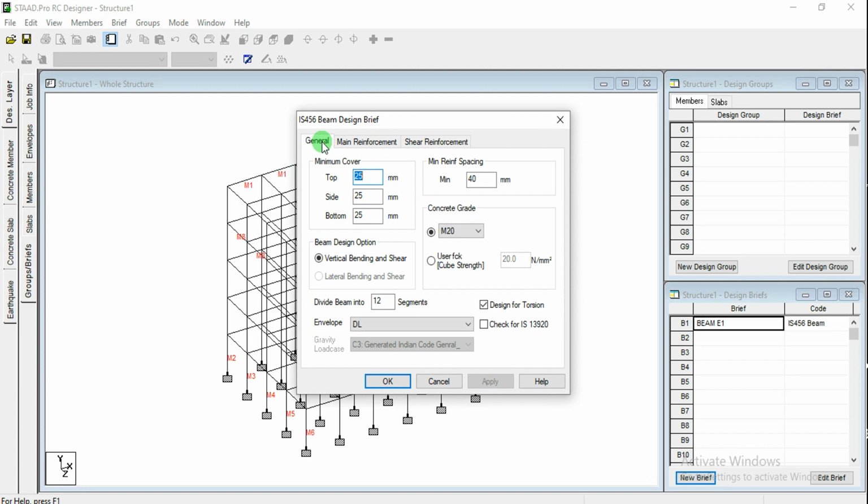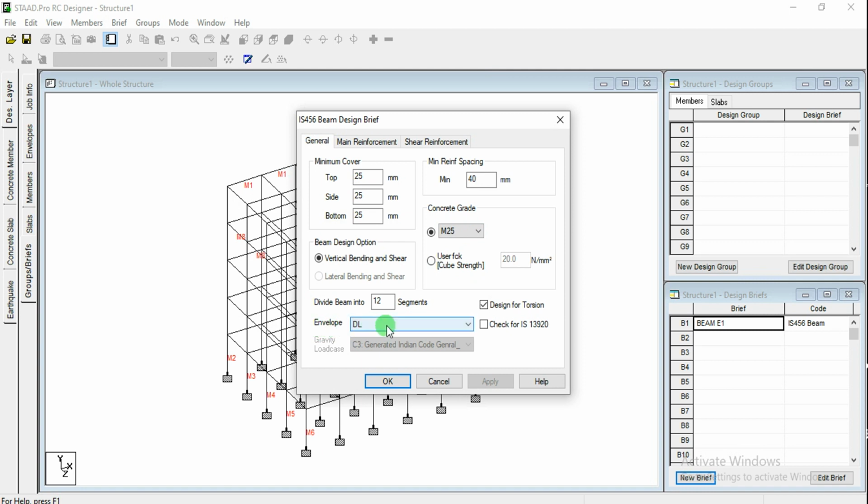We were directly applying the parameters required there, and we are going to get the design results. Similar way here also we are going to have the different parameters required for the design. You can define all these things. If you want to change, you can change all these things. I'm just going to change the M25 concrete grade.